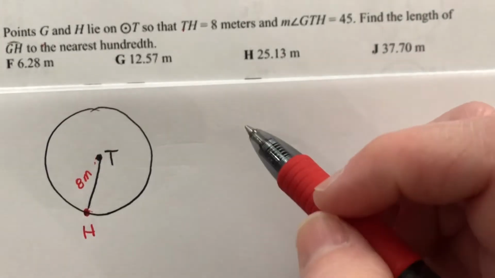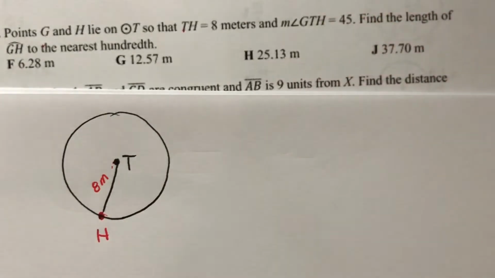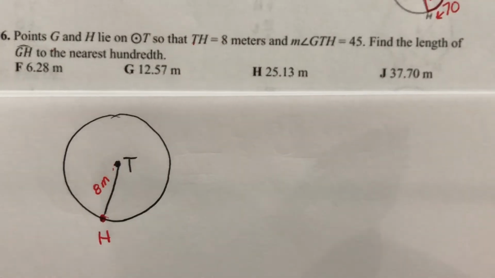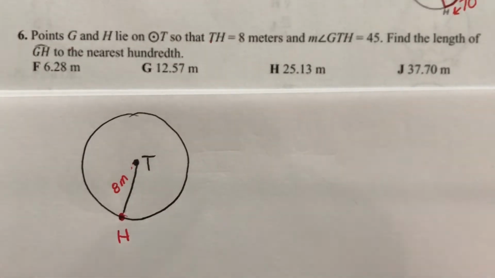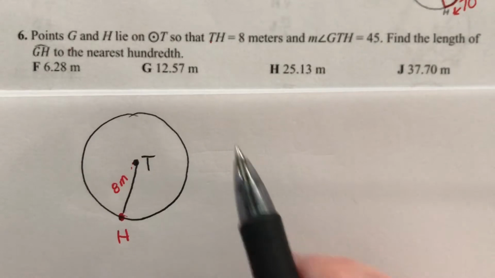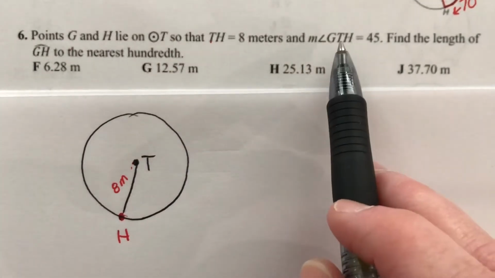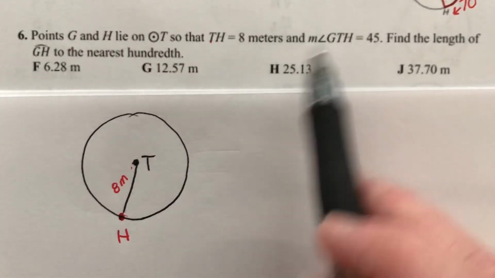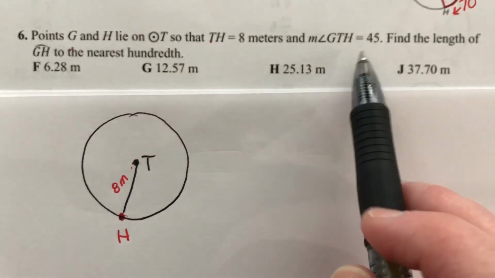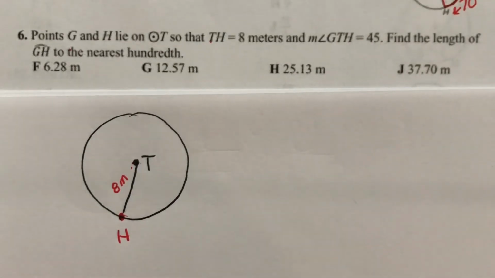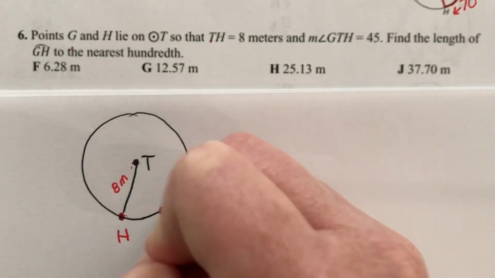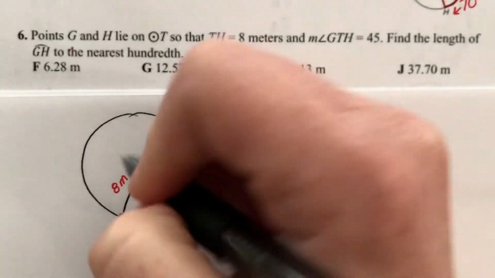Okay, the next thing is point G. Point G lies somewhere on the circle. I don't know where, but I know wherever it is, it creates an angle with the center of my circle. Point T is the center. That's a 45-degree angle. So I'm going to guess that point G is about right here, because then when I